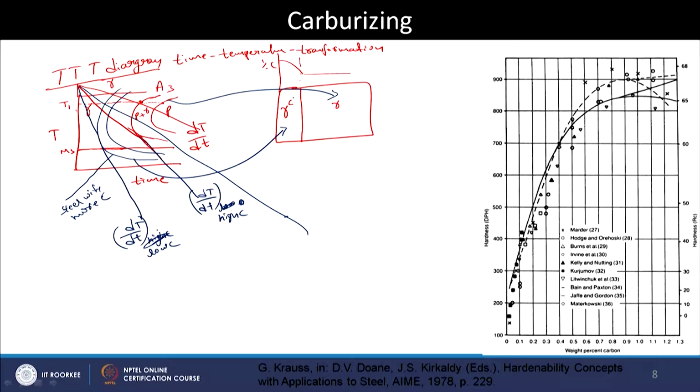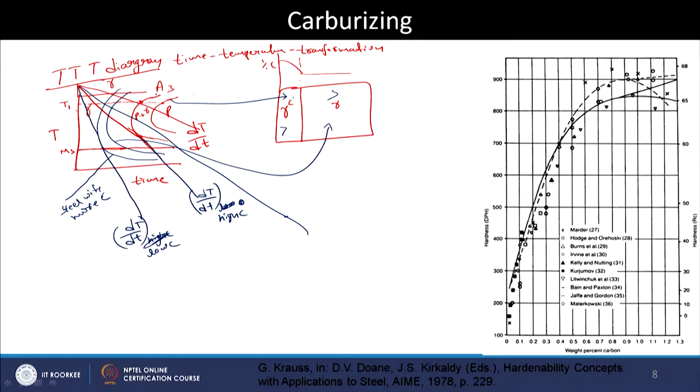So, now actually this is okay. I will just change these things. Now this is for the high carbon. These curves are for the high carbon and these curves are for the low carbon. I just said it the other way around. I hope it is clear to you that when you have a greater amount of carbon, these curves will shift away from the temperature axis, that means shift towards the right.